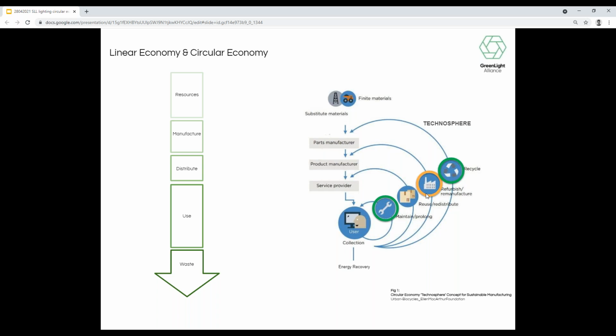Refurbishment and remanufacture, we do this to an extent, probably largely driven by heritage light fixtures, for example, and the way that the designers and manufacturers refurbish those and get them back out to market. So it's done more for that reason, but it is still in that category. And then reuse and redistribute is something which needs a lot of work, and it goes back to the issue of the reverse logistics.